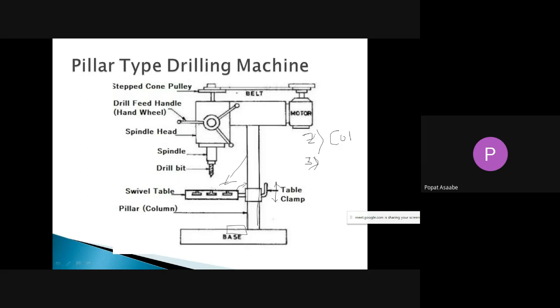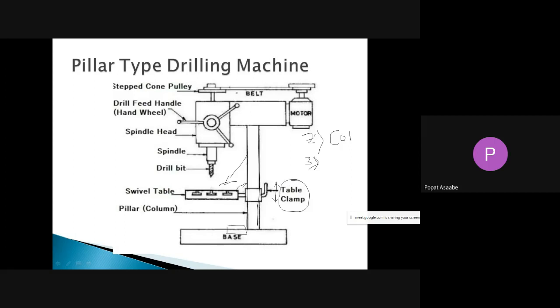Once again, I will repeat: the swell table is attached to the vertical member, called the pillar. We can move that swell table in the upward direction and also in the downward direction. That swell table is locked with this column with the help of clamping devices.